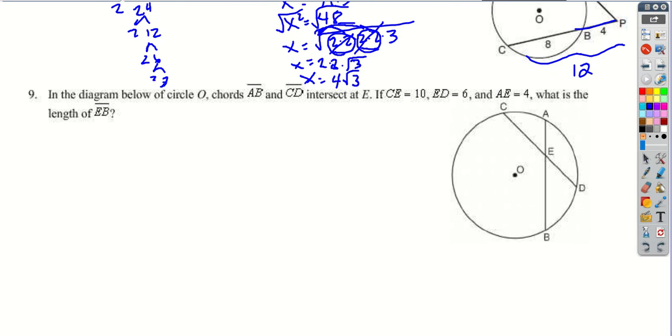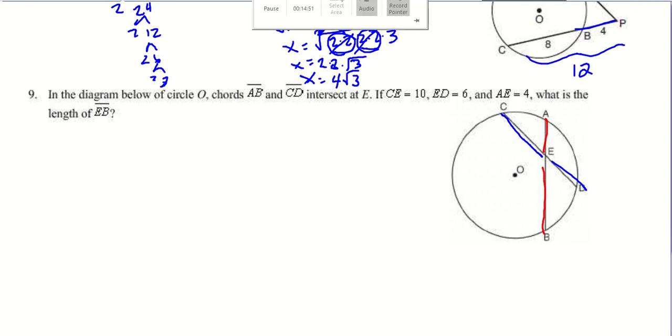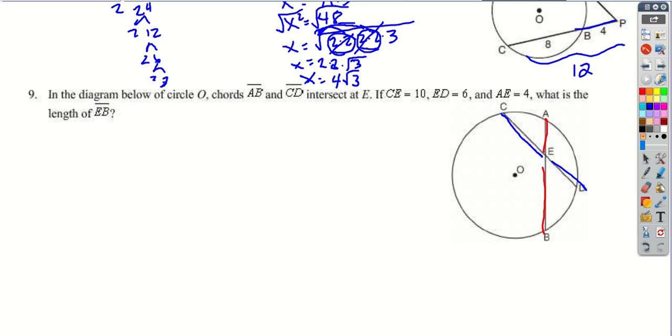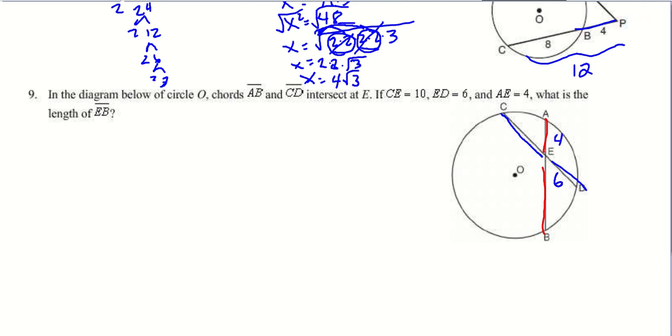Okay. Number 9, we have our part times part here. So part times part. So when we label, we know ED, for the part times part here, is 6. AE is 4. Okay. We're looking for EB, so we can call that X if you want. And then this guy, CE, is 10. So this is just the case where we have 10, 6, 4, and we don't know, so we just do